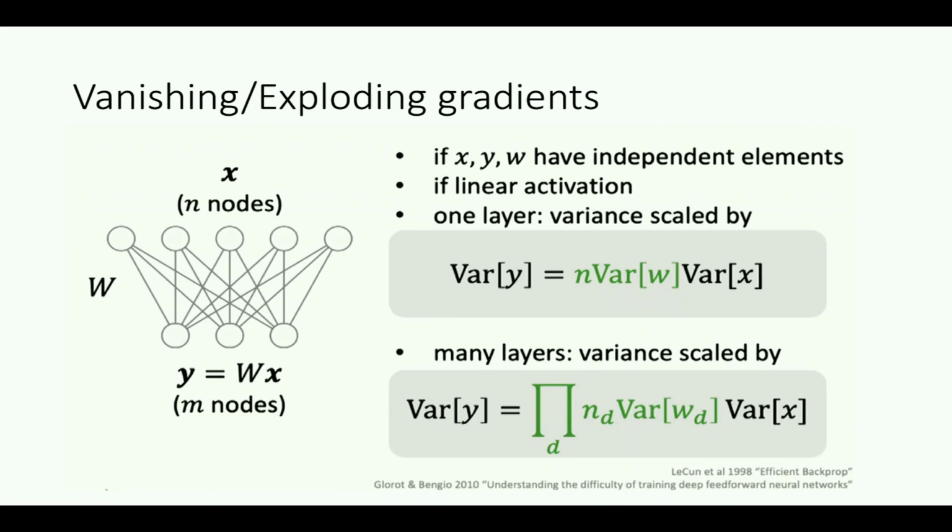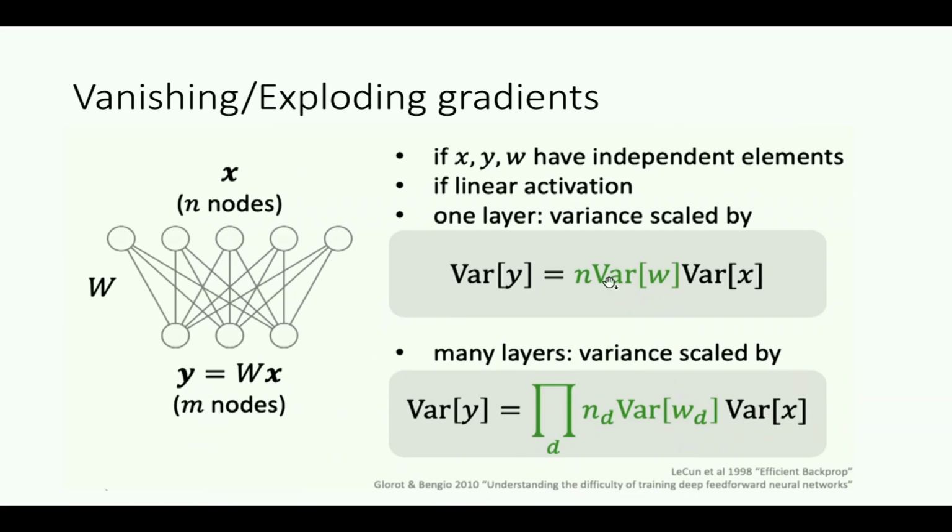So what is stopping us from efficient training? One such difficulty comes from a phenomenon called vanishing or exploding gradients, right? This is a really simple thought experiment. Consider one particular linear layer, if you're only considering the linear layers in the neural network. We assume that x, y, and w, the input, output, and the weight, are independent variables, and you can easily compute the variance of this output